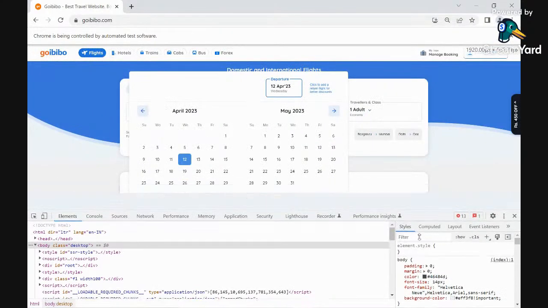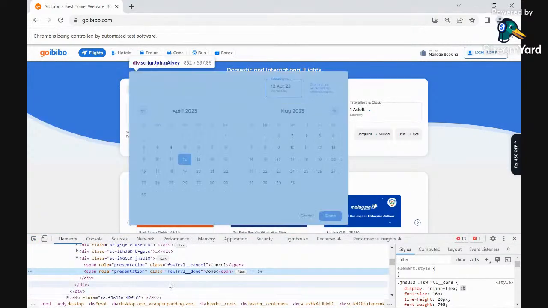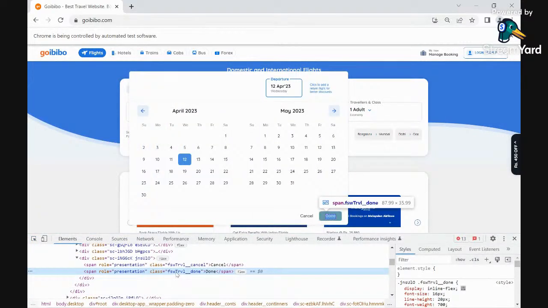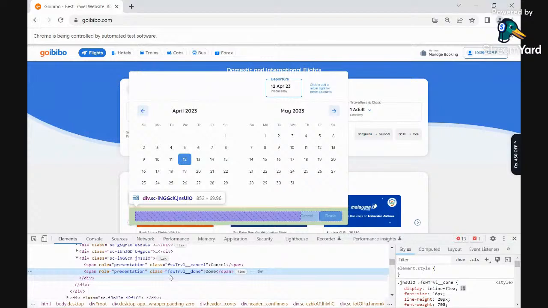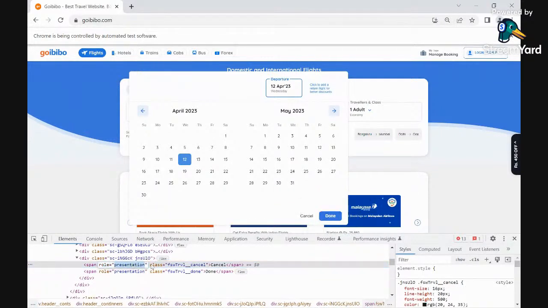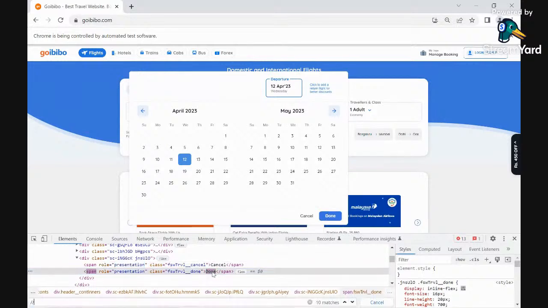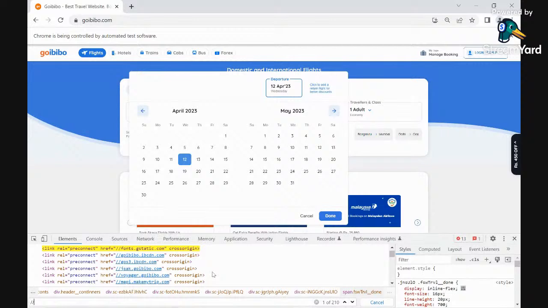So let me try to check one locator. Okay, you can have multiple ways, like you can take a role, but I think that will be duplicate, right? So let me go with text only because I think this should be unique. Double forward slash, text equals to done. So if I inspect it again,